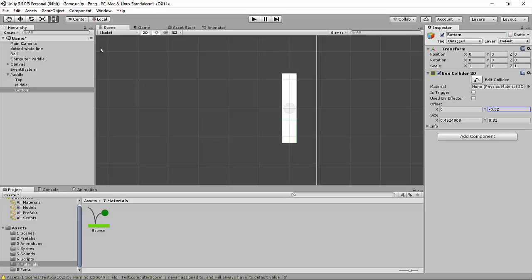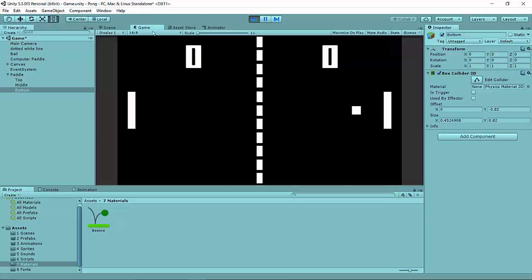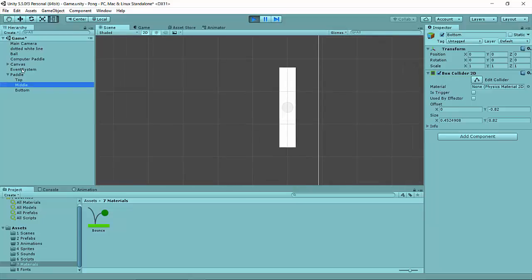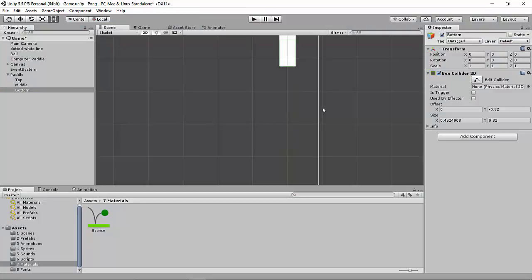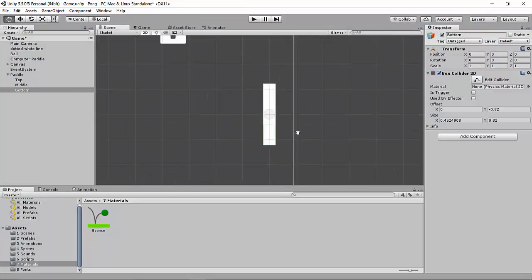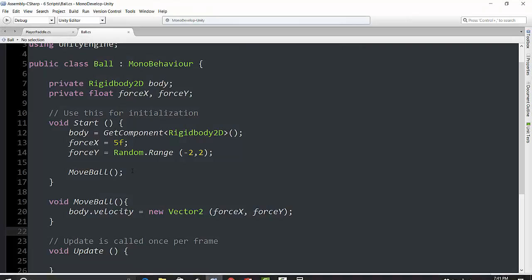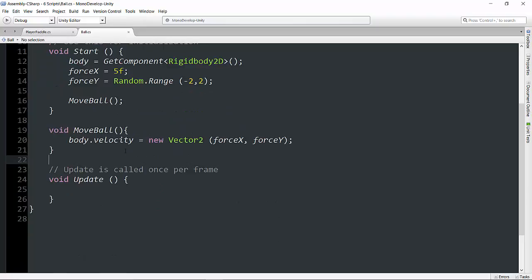So now we have 3 game objects nested under this paddle, and it's kind of hard to see, but if you go into the game mode and you move this, and then we look back at the paddle, you can see that these colliders move with what they're parented to. So that's no problem. That works quite well. And this is going to give us some additional control over how the ball is going to interact when it hits these different colliders. So let's go back into our MonoDevelop script, and underneath move ball, I'm going to create